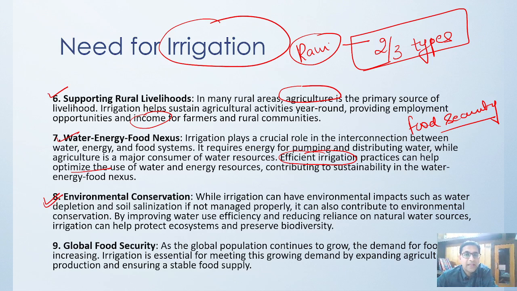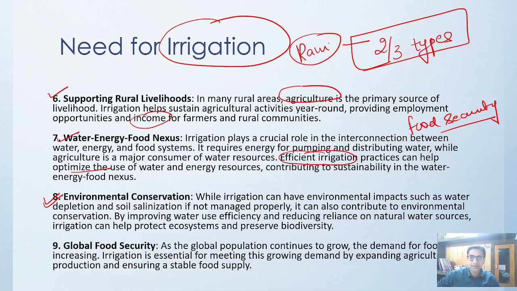So irrigation may have environmental impact, because if you are taking out too much water, then it will automatically deplete the water, like groundwater sources, and sometimes too much water extraction may lead to soil salinization also. So this will lead to environmental degradation. But if you are able to manage it properly, then